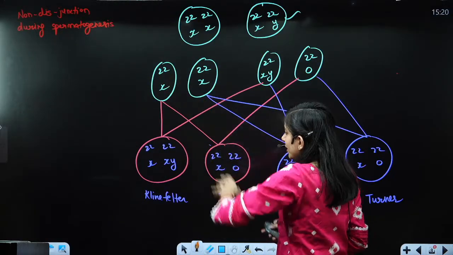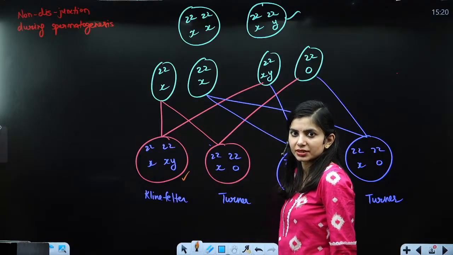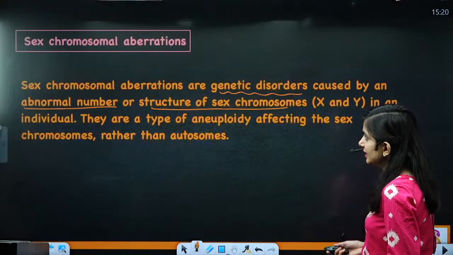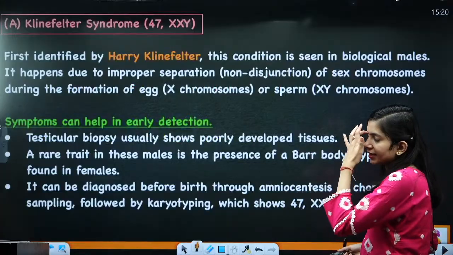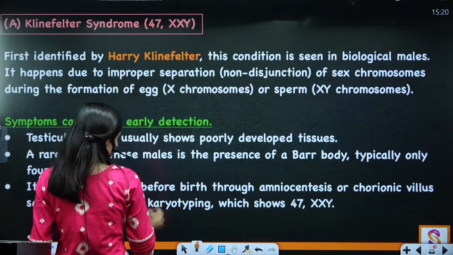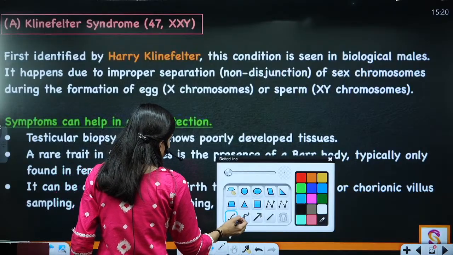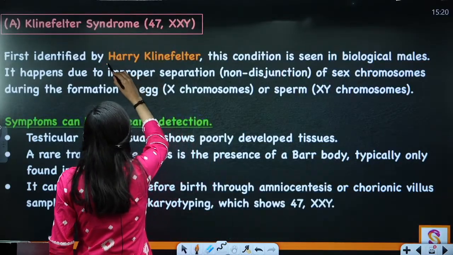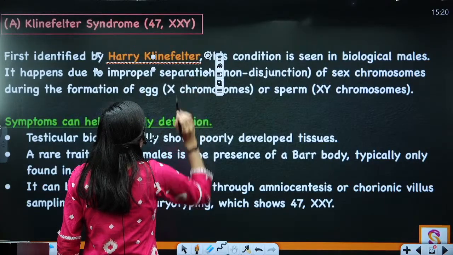Non-disjunction during spermatogenesis is also causing this. So, we can say the process like this. Klinefelter syndrome is being identified by what? It is being identified by Harry Klinefelter, and